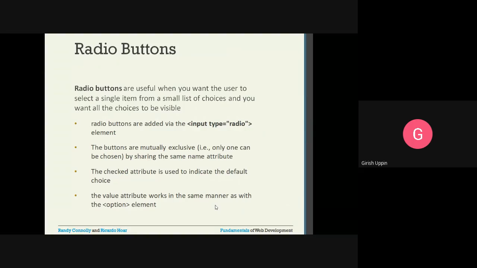Next is how to create a radio button to take the input. A radio button is useful when you have only one option to be taken. Like you have either 2 or 3 choices, but you want only one option out of that. You can use the radio button. Radio buttons are useful when you want the user to select a single item from a small list of choices, and you want all the choices to be